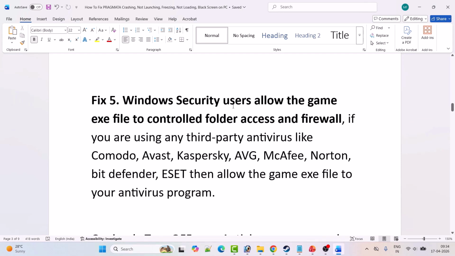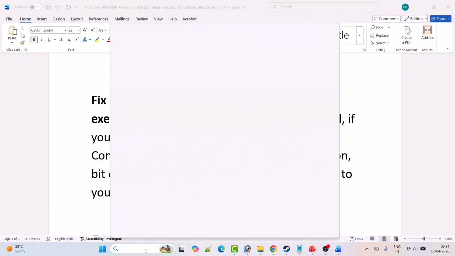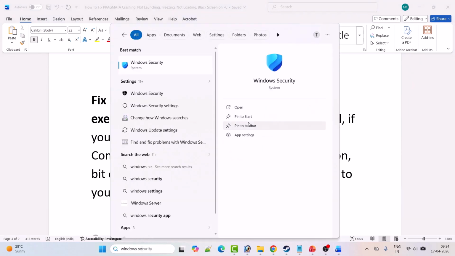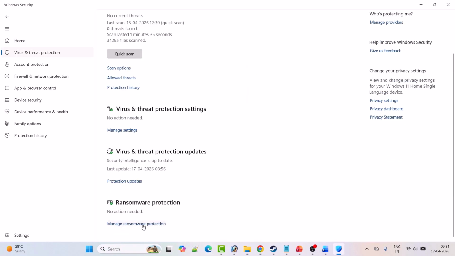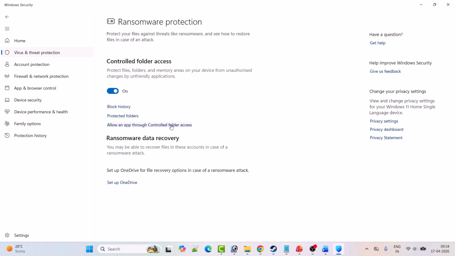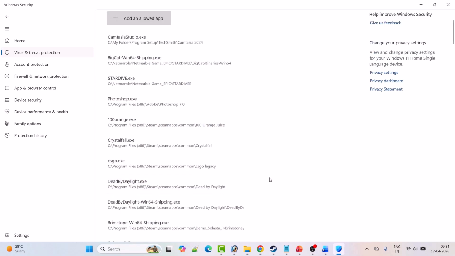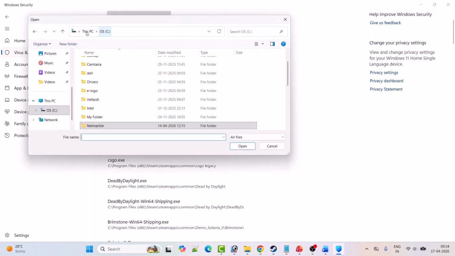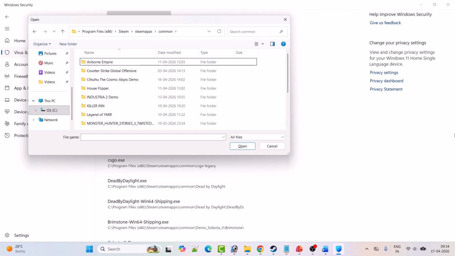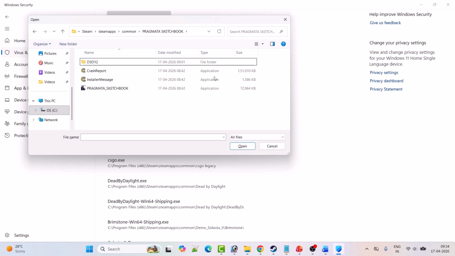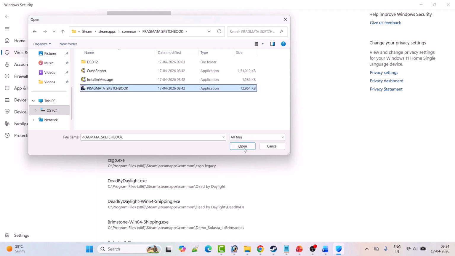Fix 5 is for Windows security users: allow the game exe file through controlled folder access and firewall. So in Windows search, type Windows security and open it. Then click on virus and threat protection. Scroll down, click on manage ransomware protection. Click on allow an app through controlled folder access. Click yes to allow. Then click on add an allowed app. Then click on browse all apps. Now go to the game installation folder. So open C drive, open program files x86 folder, open Steam folder, open steamapps folder, open common folder, open the PRAGMATA game folder and select the PRAGMATA exe file